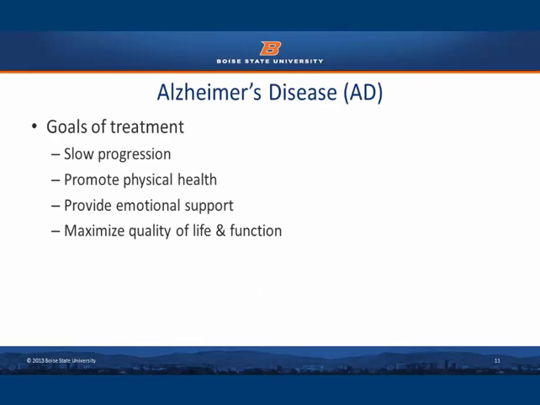Alzheimer's disease goals of treatment are listed here. The treatment of Alzheimer's disease includes addressing any underlying contributing factors such as vascular disorders. Patient safety is a major aspect of Alzheimer's management, as is psychosocial support for both the patients and their families. Depending upon the severity of disease, respite care, support groups, and referral to palliative care and hospice may be appropriate. Discussions regarding legal, financial, and end-of-life decisions should be undertaken early in the disease process, if at all possible.